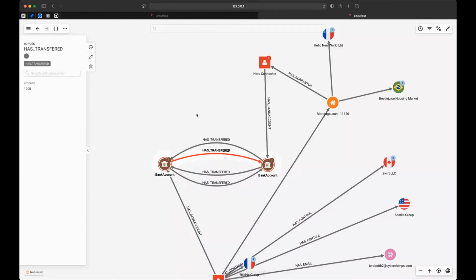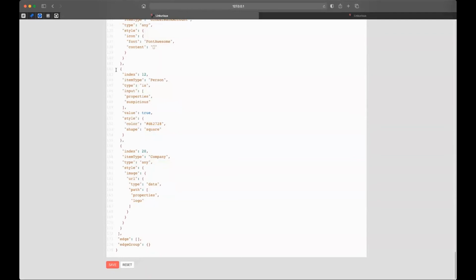And this is something that can be done with the automatic resizing feature of Linkurious Enterprise. So basically, with this feature, you are allowed to change the width of edges or the size of nodes based on a range of values of a specific property. So let's go back to the Linkurious Enterprise data source configuration page. This is a rule that we want to apply to edges, so we need to have it in the edge list